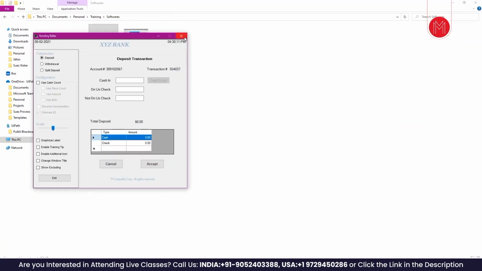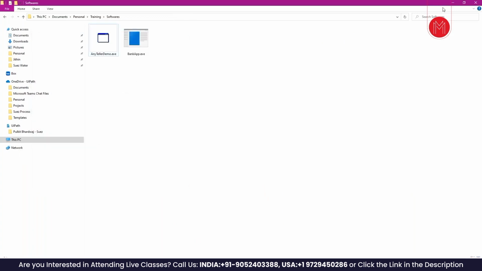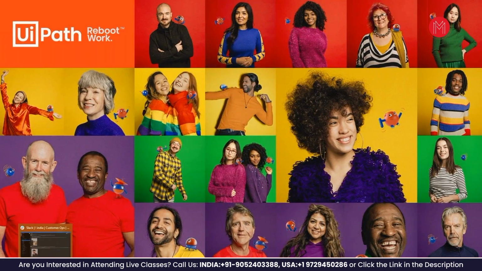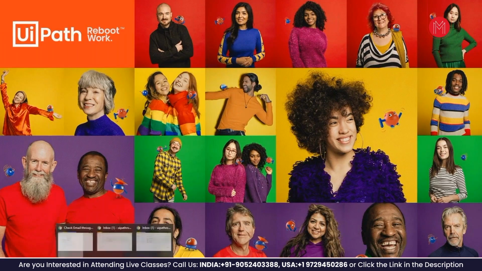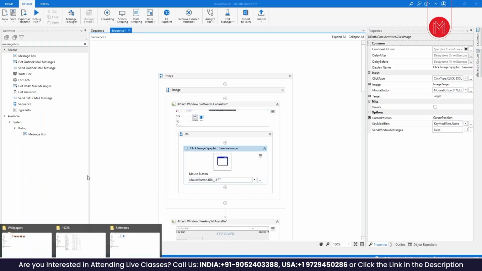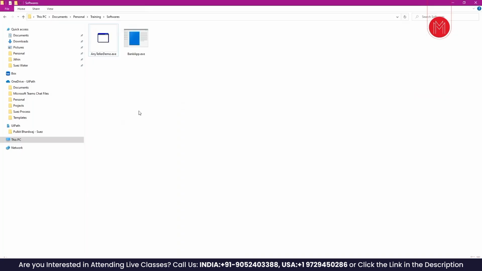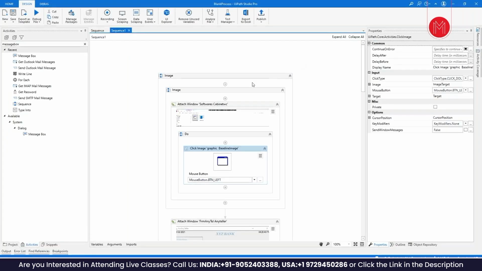And one more thing, this window has to be in the foreground. If I minimize this window, again, it will not work. Only if the window is in the foreground is it going to work. If I don't have this window open, then it will not be able to find the window, right? If I close this,